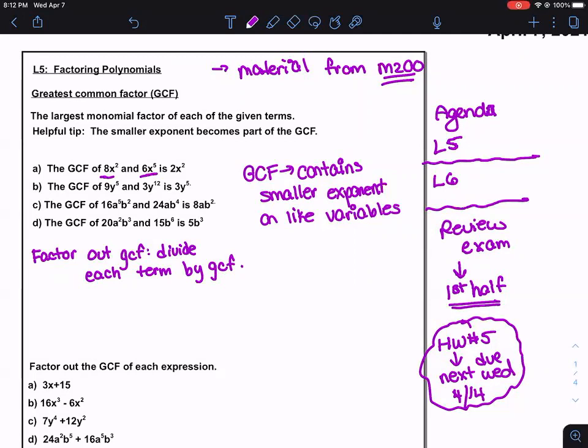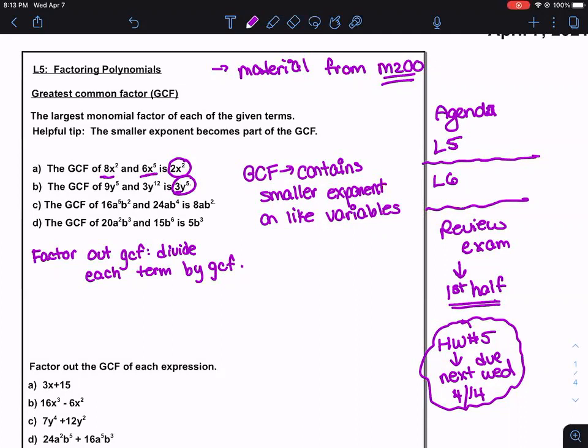For the next one, the GCF of 9 and 3. So we're going to start with the coefficients. Well, the largest number that divides into both 9 and 3 would be 3. So 3 is the GCF for the numerical portion. And then when you look at y to the 5 and y to the 12, we go with the smaller exponent. And so 3y to the 5th would be the greatest common factor. It's going to make a little more sense why we go with the smaller exponent